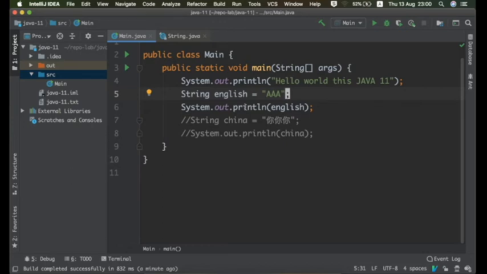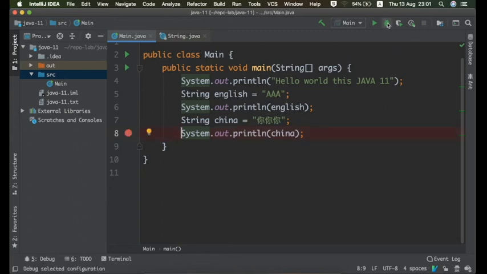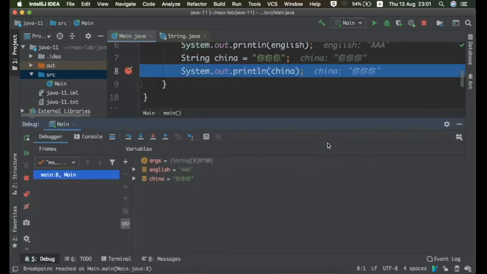In this example, if I uncomment the bottom 2 lines, I have used 3 Chinese characters. Let me quickly show you in the debug mode. Here the string China is taking 6 bytes because these characters cannot be represented using just 1 byte, so this needs 2 bytes per character.